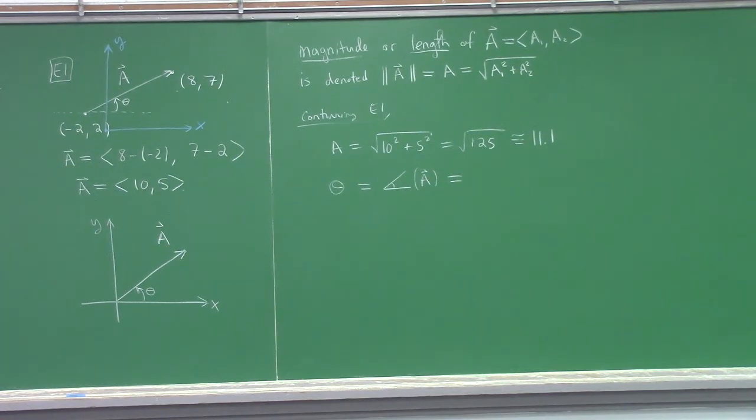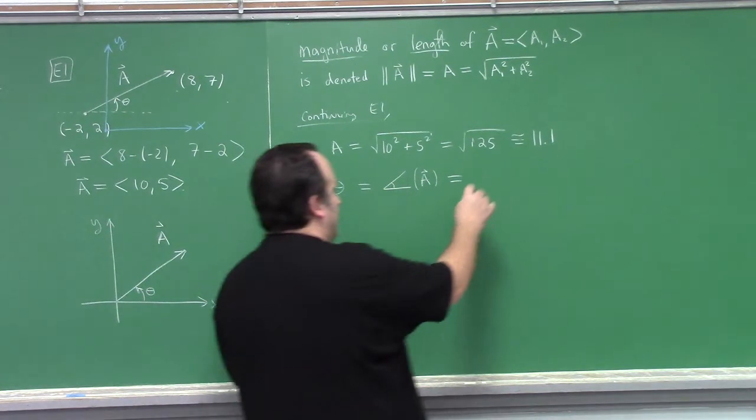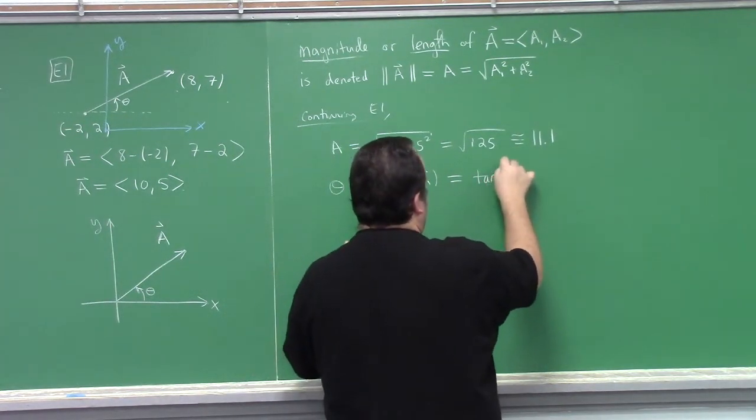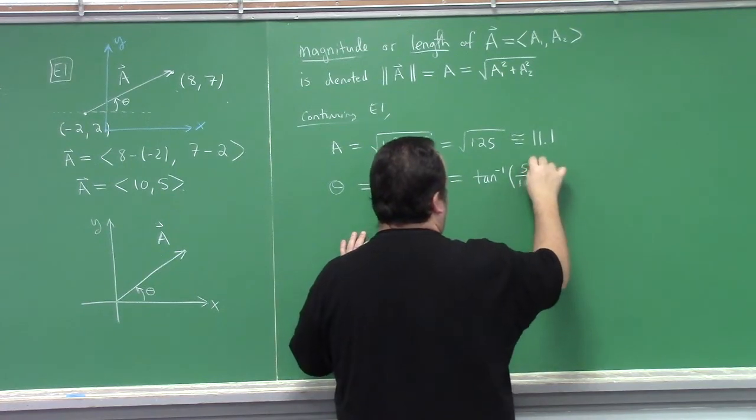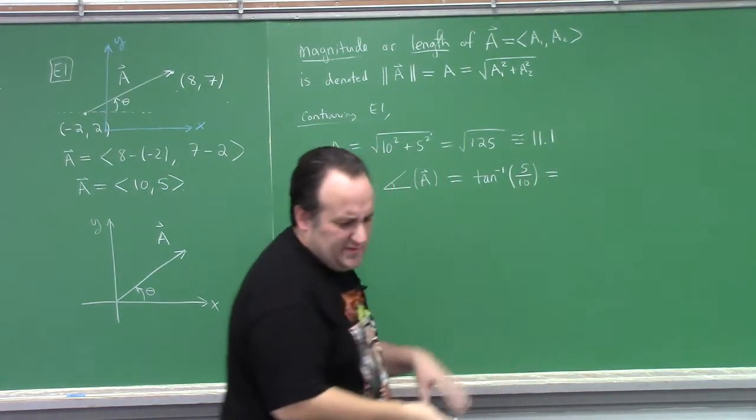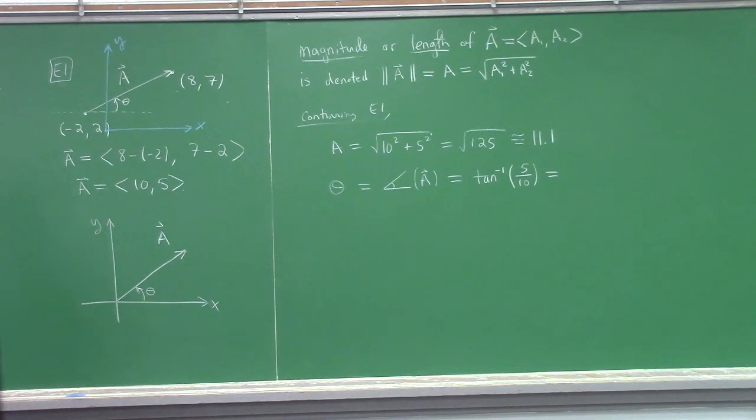So where is this vector? It's in quadrant 1, so we can use inverse tangent of y over x in this case. In this case, inverse tangent of 5 over 10. And I like to use degrees for vectors, just a point of personal preference, so we got